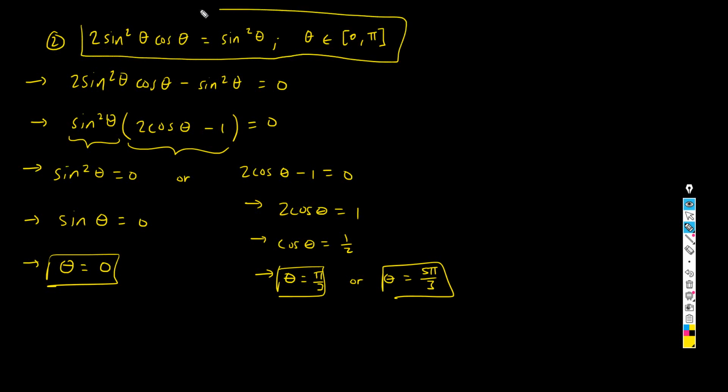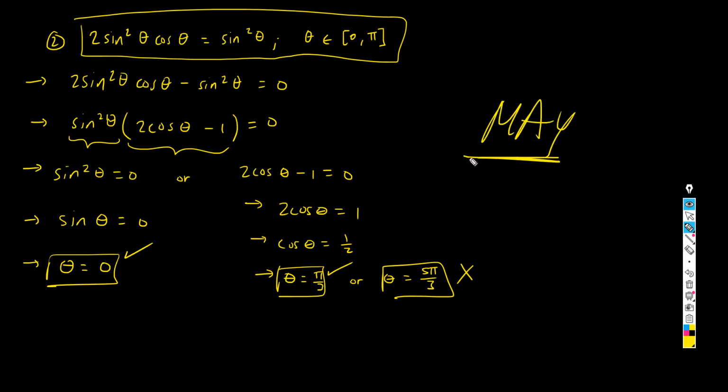Now, all I need to do is look at the interval that I was given. The author of this problem told me, you only need to consider solutions for theta that are within this interval from 0 to pi, including 0, including pi. So does this work? Yes. Does this work? Yes. And does this work? No, because 5 pi over 3 is outside this interval. So the only conclusion is that the solutions to this equation over this interval are theta equals 0 and theta equals pi over 3. We discard this solution, and remember that we never tried to divide both sides by sine squared of theta, because in that way we may lose solutions. So you want to keep it safe. Don't try to